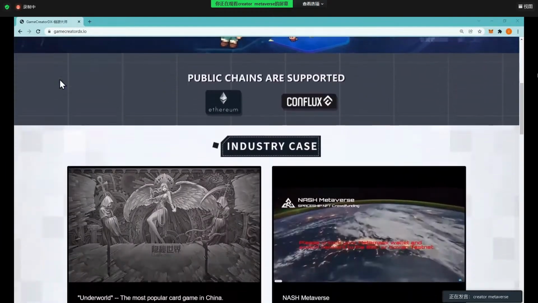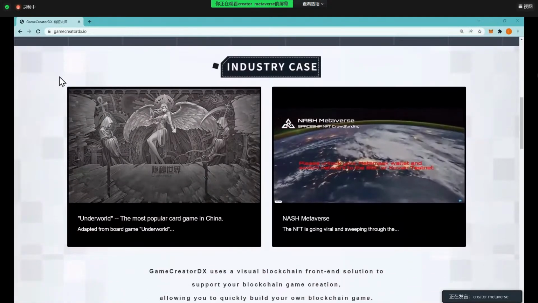There are 2 games developed by game CreatorDX and already released. Underwood is the most popular card game in China, and you can think of it as the blockchain version of the Underwood card game. Nash Metaverse raised over $1 million USD on Binance smart contract when it was released.